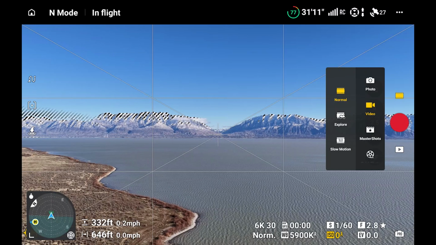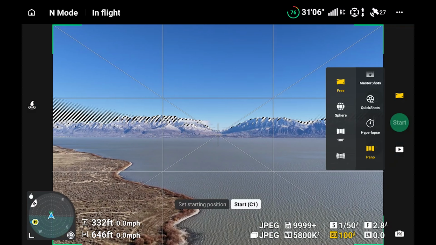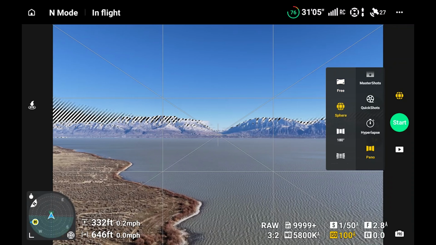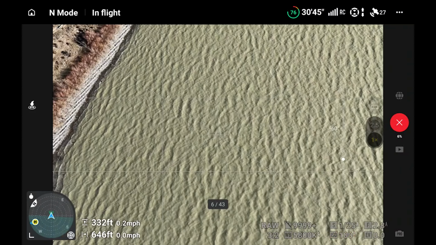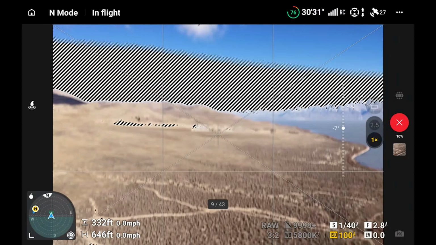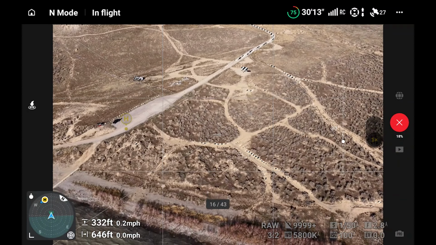To take a 360 picture, first select Photo Mode, then scroll down and select Pano, then select Sphere. After you tap Start, the drone will take 43 pictures of the surrounding area and stitch them together into a large panorama. This process takes at least a minute or longer, so keep that in mind if your battery is